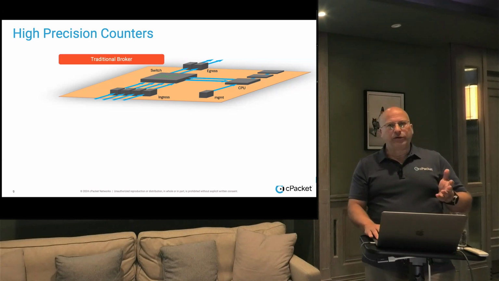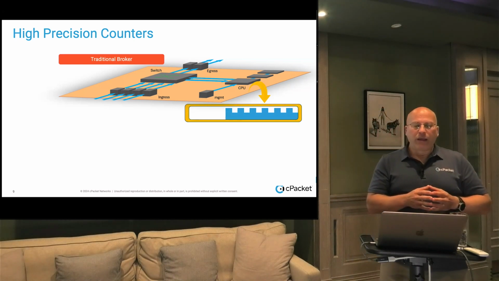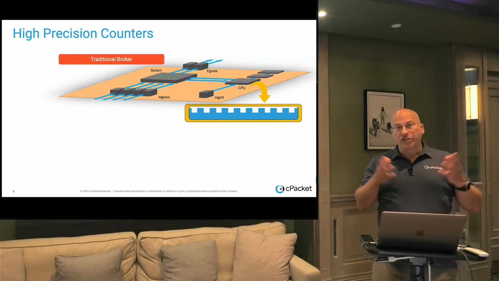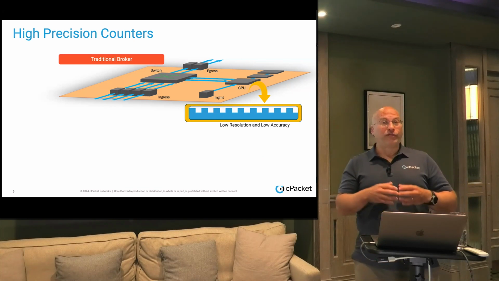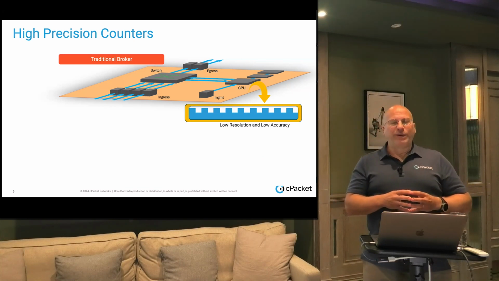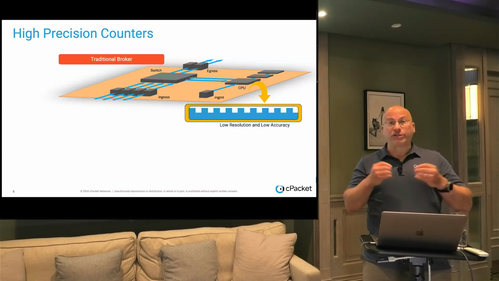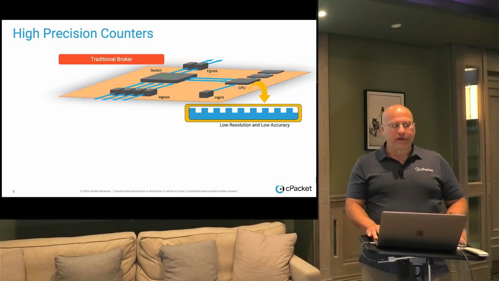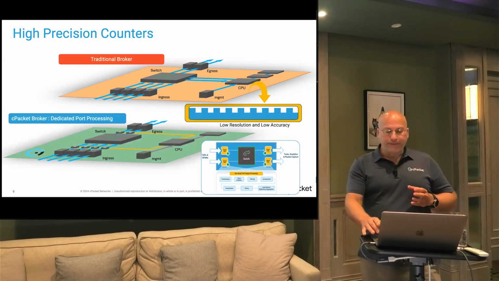While other solutions that try to understand what's going on at the switch will use switch counters that are very low resolution and not very accurate, which makes it very hard to understand the burst or the microburst level. On the other hand, what we do at cPacket,